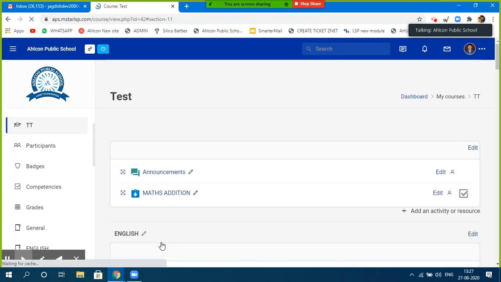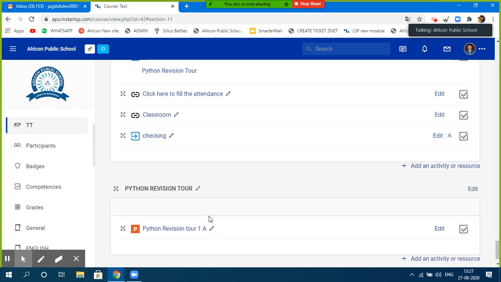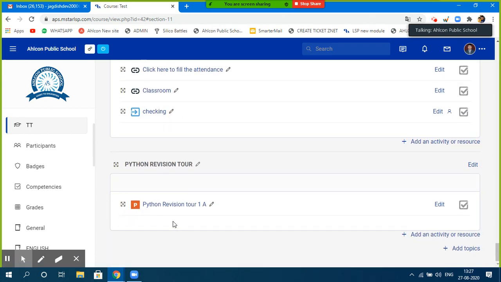As soon as you click on save and return to the course, it will straight away come to this portion, the chapter name or the topic name, and under this you can clearly see there's a file here. The student can simply click on that and download it, right?